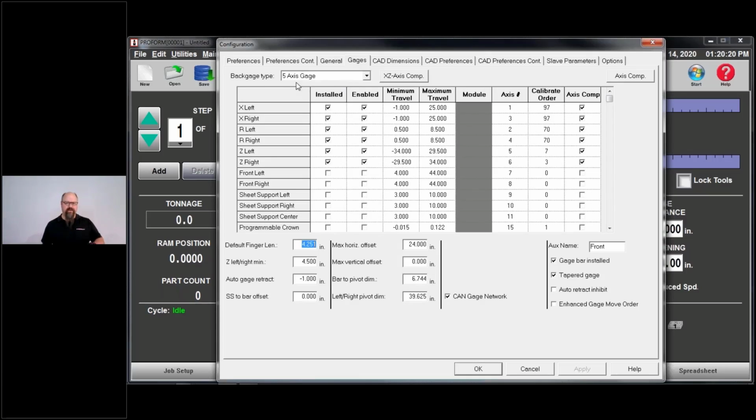I'm not messing with any of that. I will say, if you are using an older machine, if you import an older config, or you're using older software, like I said, 4.9 or older, these Axis Comp checkboxes here will cause a whole bunch of error messages to pop up on your screen. Unable to locate Axis Comp, X-axis, R-axis, Z-axis, and then left, right, and Z left, Z right. I'm sorry. X left, R left, Z left, and then X right, R right, Z right. All 6 of those will pop up.